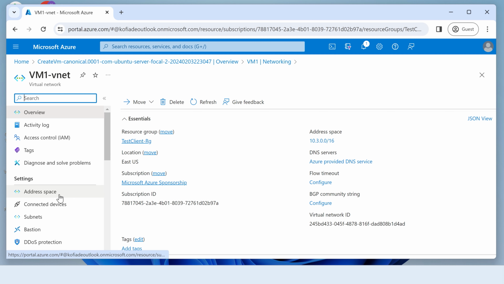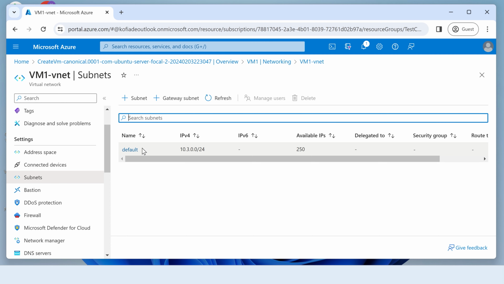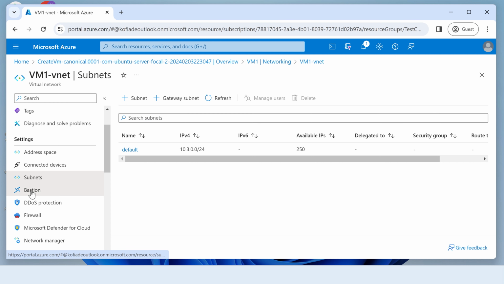So now in the virtual network area, when we check the subnet, you notice that it only has one subnet, which is the subnet the virtual machine is part of, right? But what we're going to do is create an additional subnet. We can either create it directly from here for our Bastion, but we can do it in a much simpler way, because Azure now includes another blade dedicated to Bastion. So we can deploy our Bastion straight from here, and it will automatically deploy the subnet and also define the Bastion service as well. So I'm just going to click on this option here,